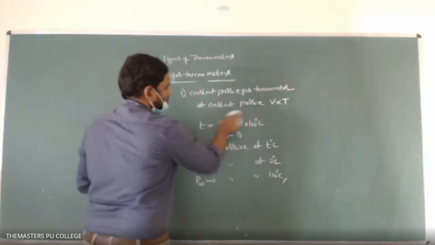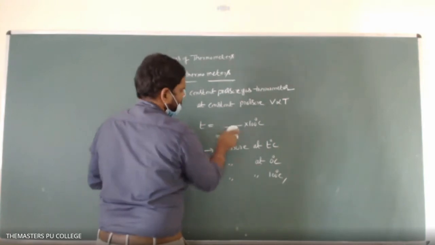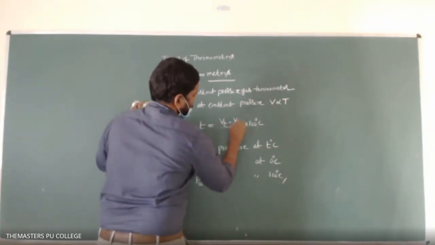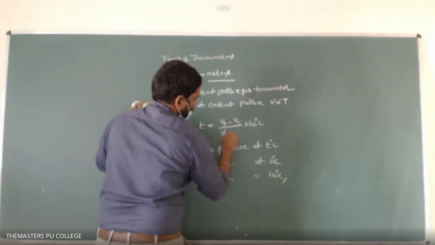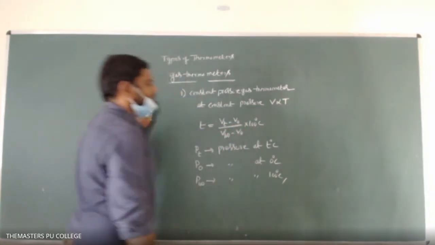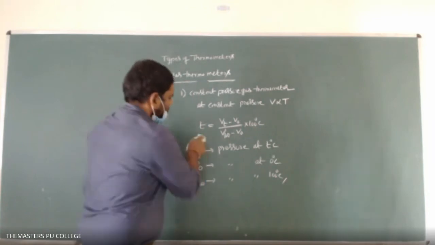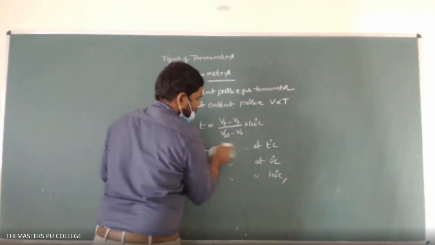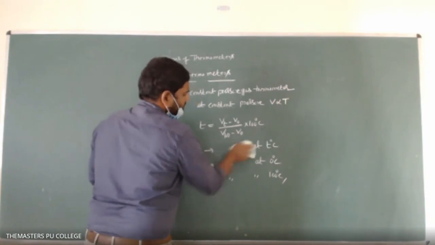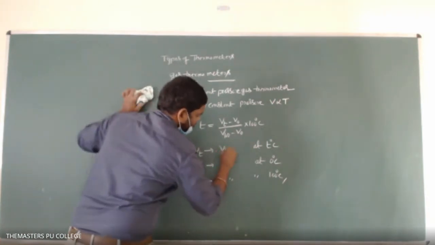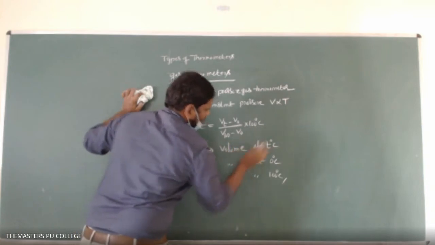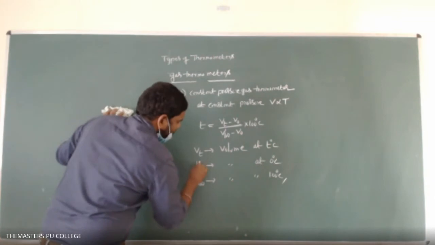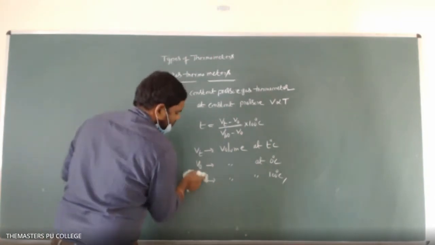Then what is the formula to calculate? It is the same formula: (Vt minus V0) upon (V100 minus V0), into 100 degrees centigrade. What is this? Vt stands for the volume at T degrees centigrade, where we need to calculate the temperature. V0 stands for the volume of the same gas at 0 degrees centigrade, and